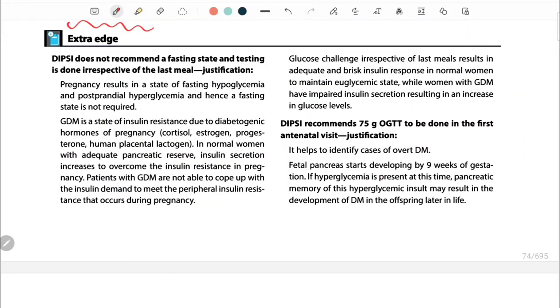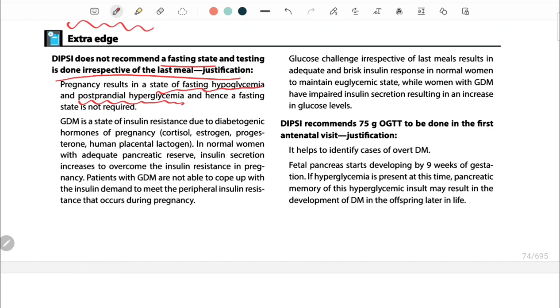So let's look at some extra edge. DIPSI does not recommend a fasting state, and testing is done irrespective of meal. The justification: pregnancy results in a state of fasting hypoglycemia and postprandial hyperglycemia, and hence a fasting state